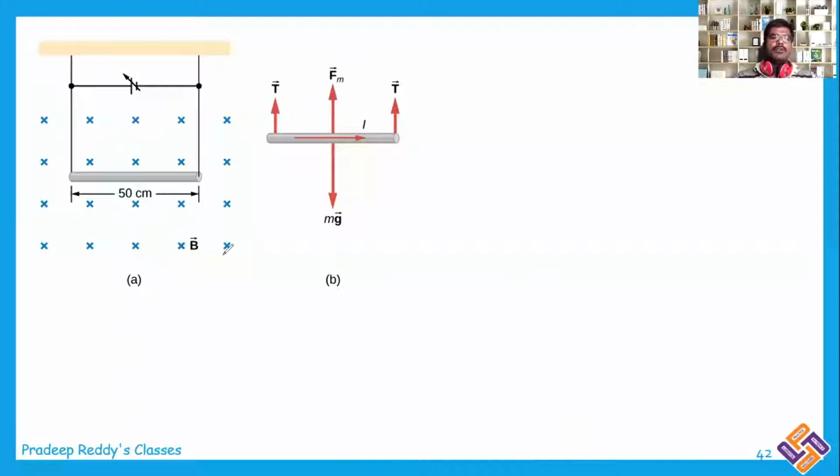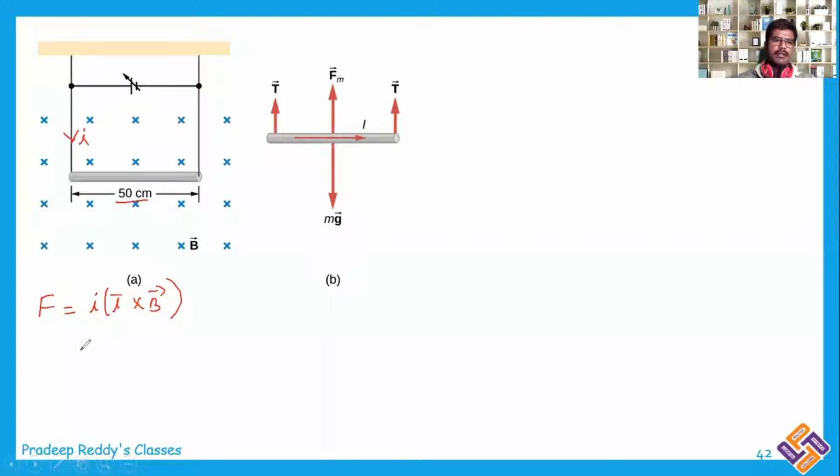Students, come to this example where you are connecting one battery and the length of this wire is 50 centimeter. As you are connecting one battery here, there will be current flowing in this conductor, and I am considering that current as I. The total length of the conductor is only 50 centimeter. This is a current carrying conductor placed in an external magnetic field. Now, what will be the force acting upon this? Force acting will be I into L bar cross B bar.